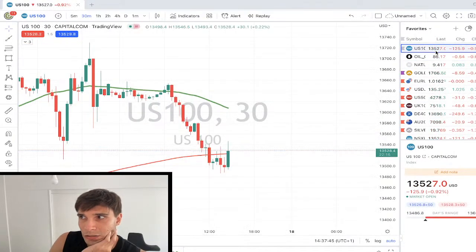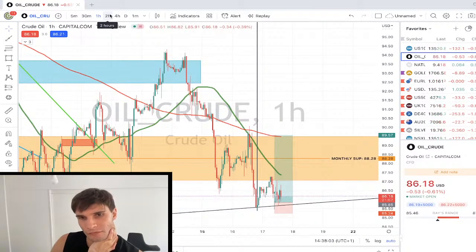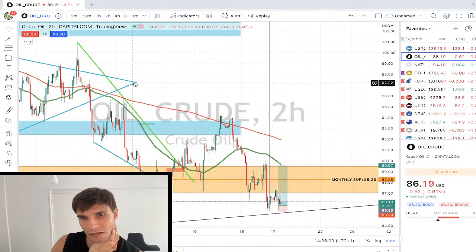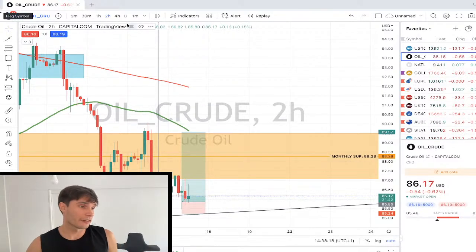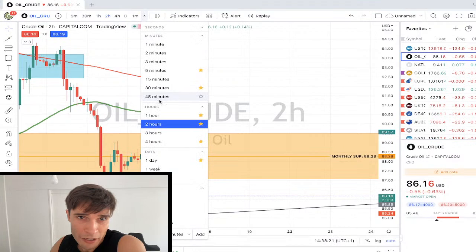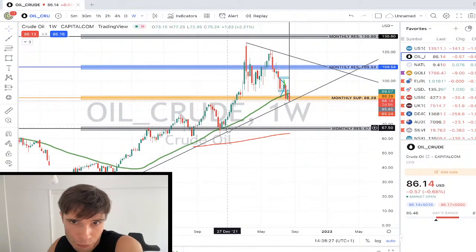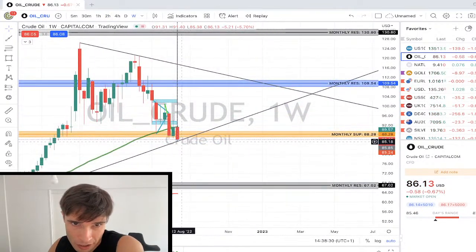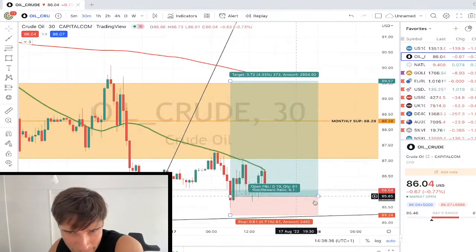I think a long. Yeah, I sometimes do trade the US 30. I think on oil we should see a decent move. Oil is a really good opportunity to go long in. And I say this because if we go to the weekly chart, this is where we could see a massive bounce. Take a look at this trend line, right? 1, 2, we usually bounce pretty hard on the third touch. And we touched this yesterday and I think today as well. So I think